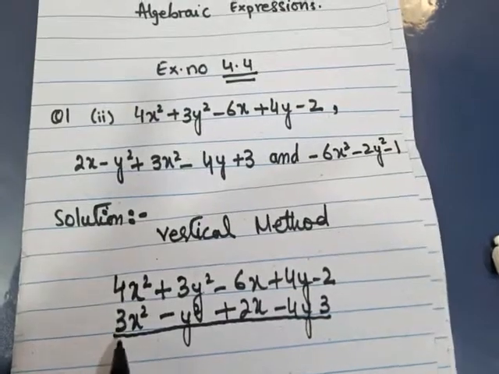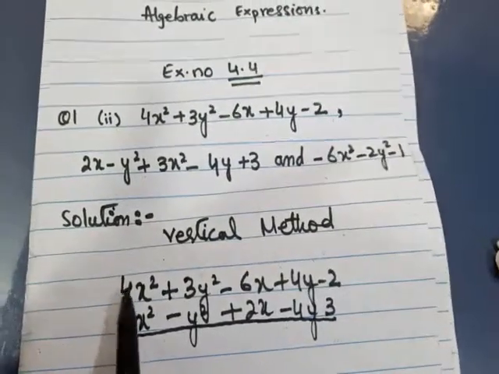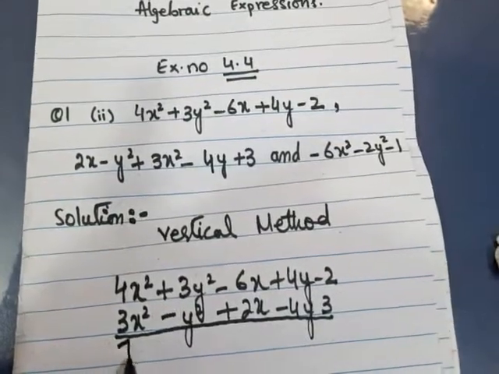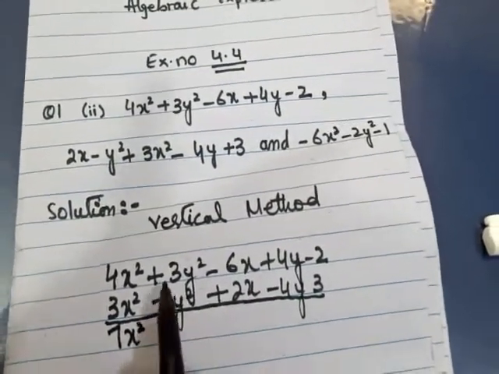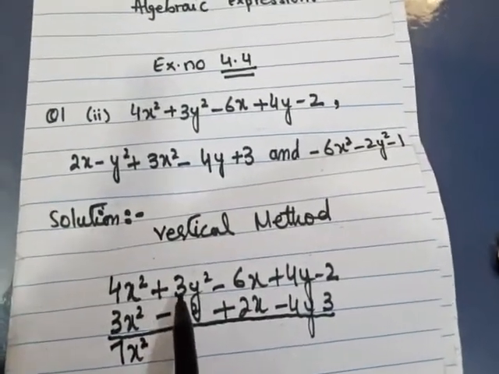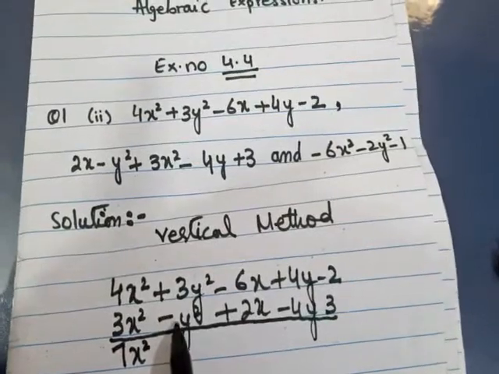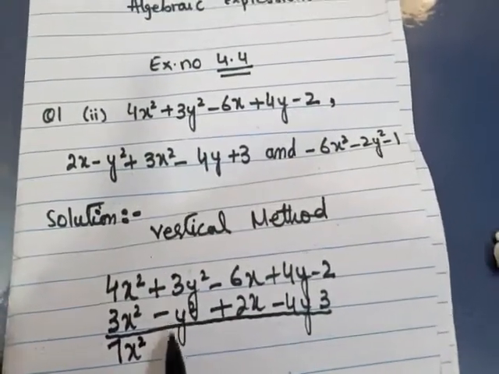As you see, 4 and 3: in addition we go for plus plus plus. 4 and 3 is 7x squared. Then plus minus is minus. 3 minus 1. Nothing is written here, it means it is 1. So 3 minus 1 is